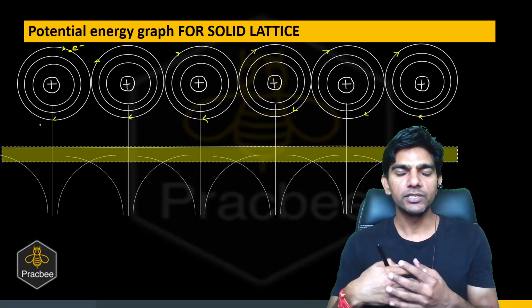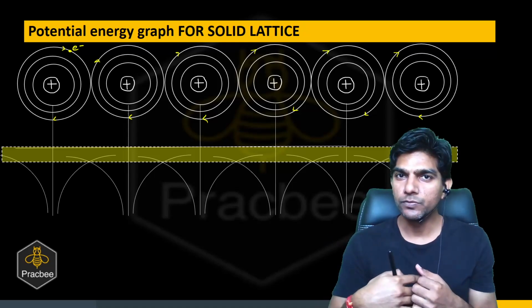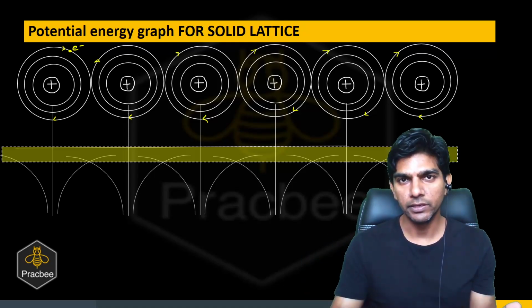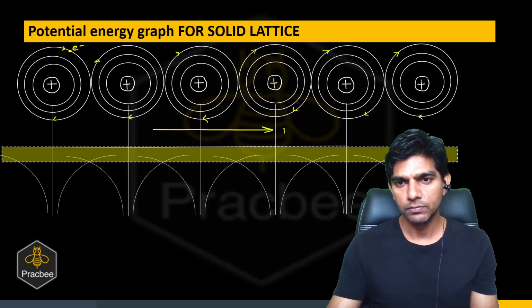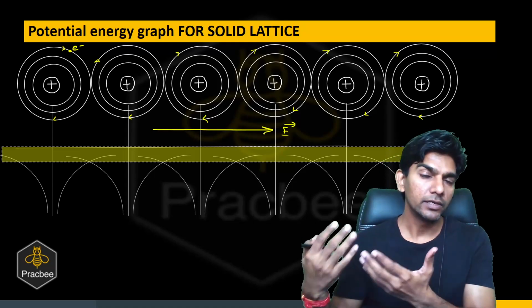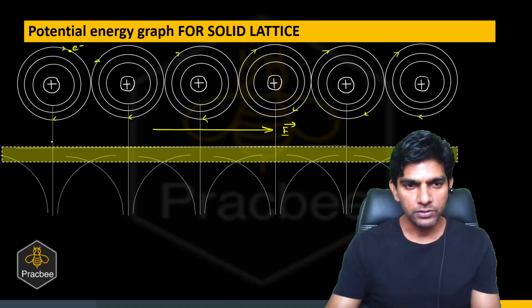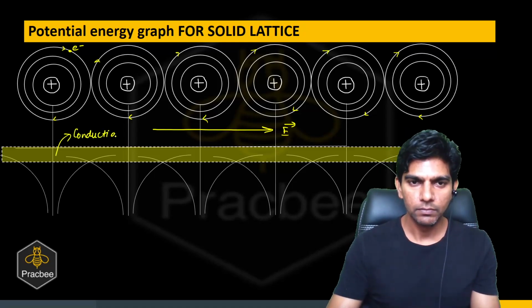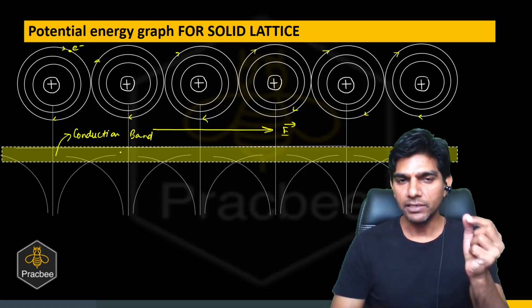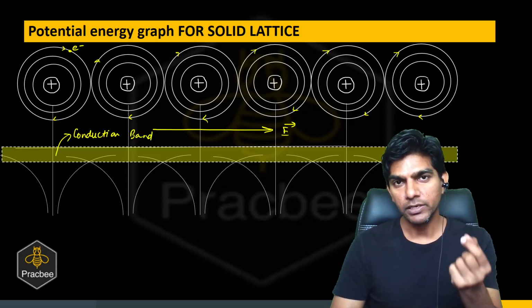So if you exert some external field, let us say, then the electron will experience a force opposite to the electric field and can move in that particular direction. So if we exert an external field in the right direction, a conduction electron will move in the opposite direction and take part in the conduction process. So the shaded band is again a conduction band, so that we have to remember. Here a single electron is bonded with multiple atoms or multiple nuclei.